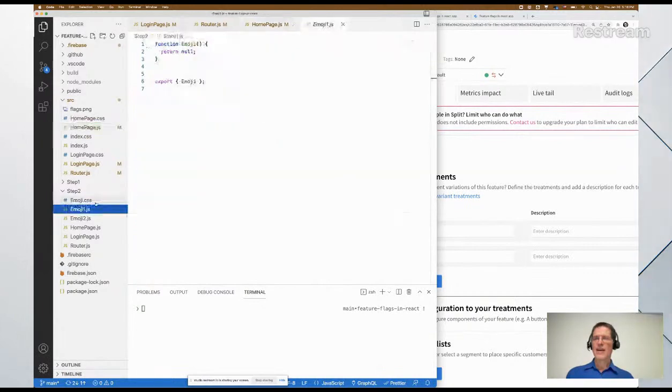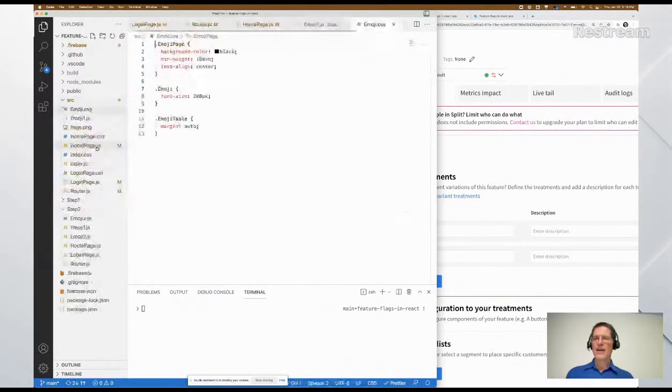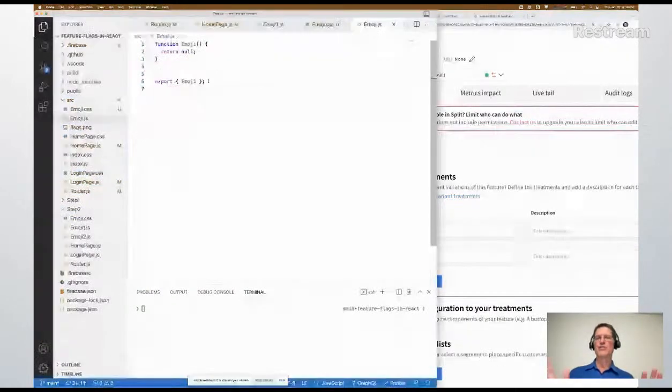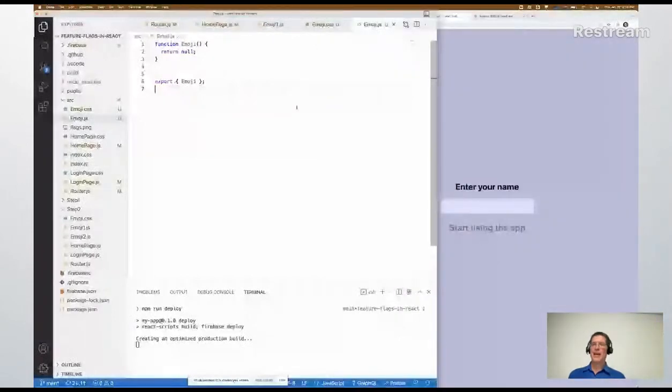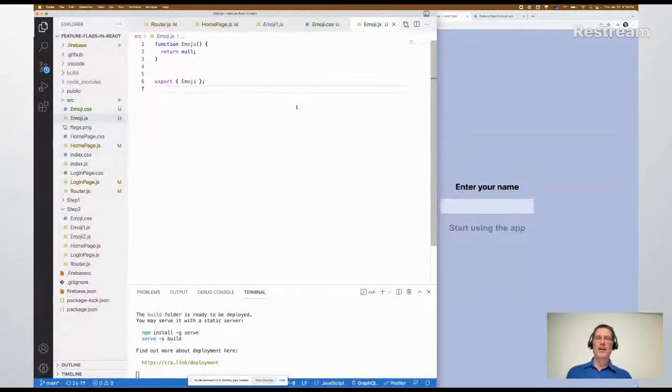The final thing I'm going to do, of course, is add my emoji page. Now, I'm in the middle of development, so initially I'm just going to put a dummy page in. We'll flesh this out as we go along. However, what I'm going to do here is say npm run deploy and deploy the code as it stands now here. Now, if you haven't used a feature flag system before, your first thought may be,